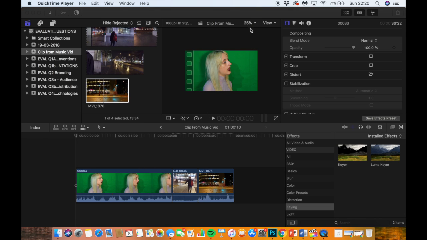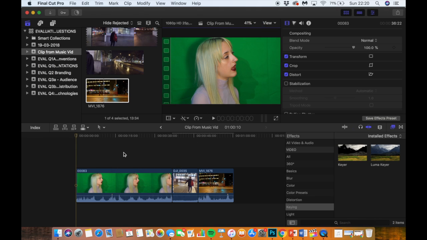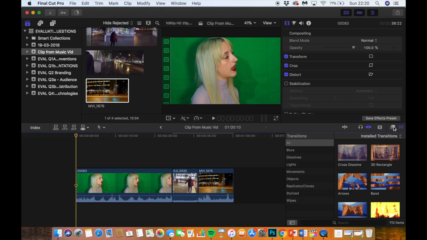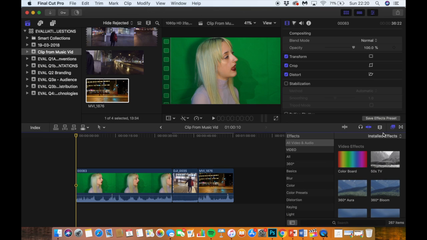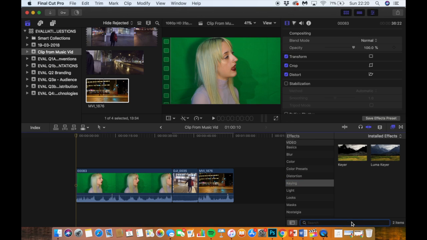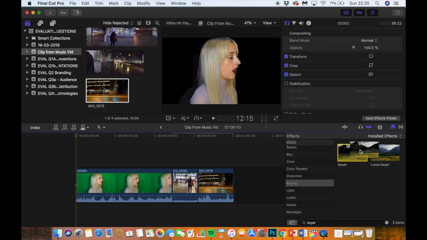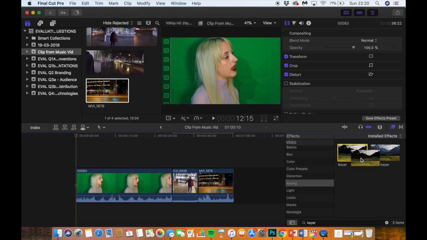So first of all I'm going to do the green screen tool, the keying tool, with this green screen footage. As you can see here, on the right hand side in the bottom corner there is the effects browser, and this part is transitions. So we press the effects one and then you go down to keying, or you just type keyer, and then it should give you the effect Keyer, and basically you just drag that effect onto the clip that